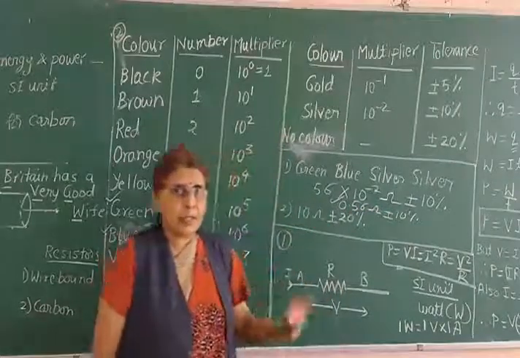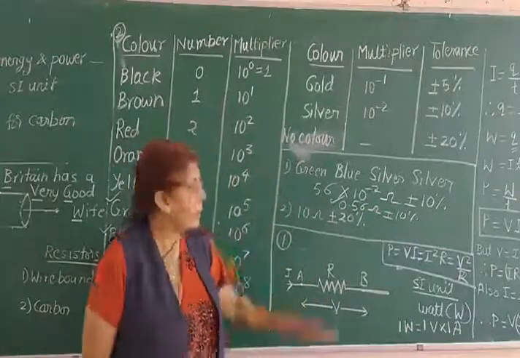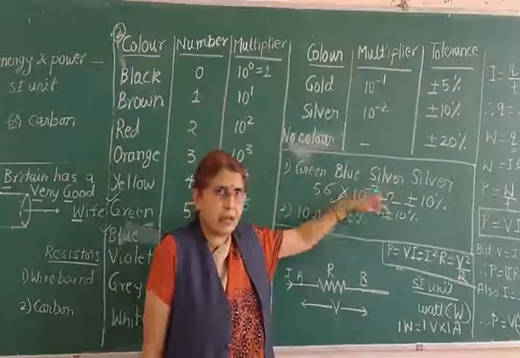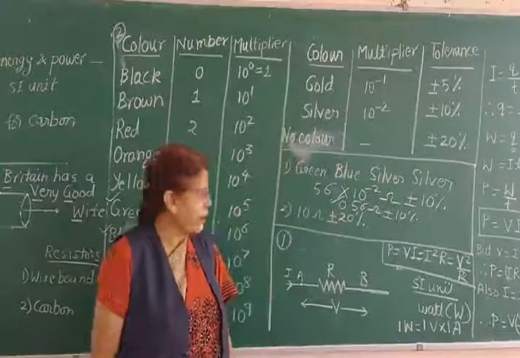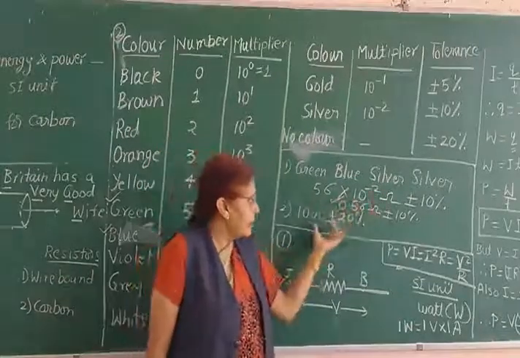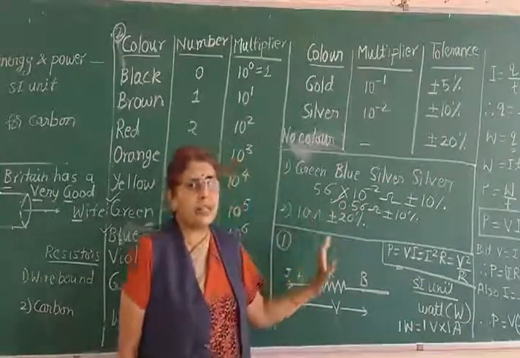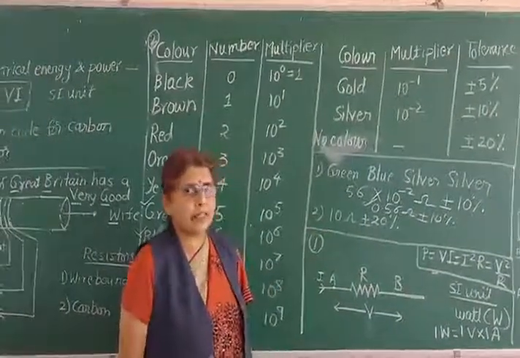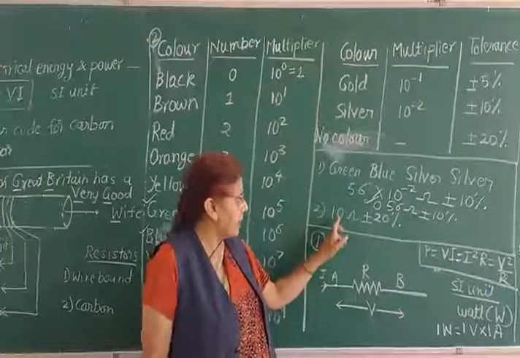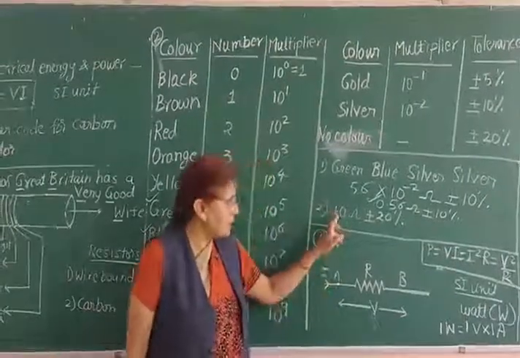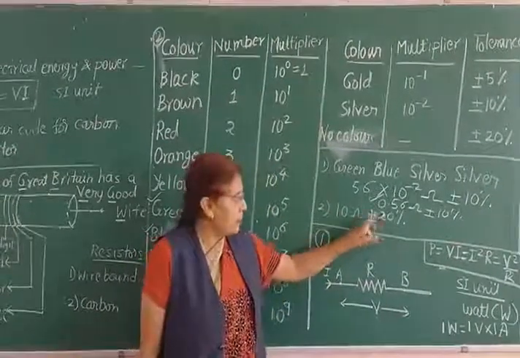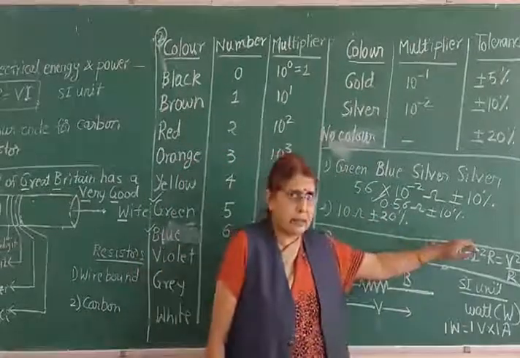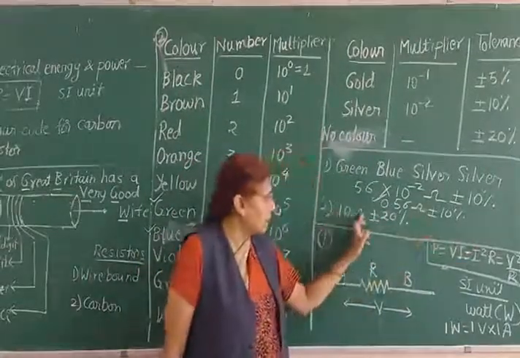Okay. Now the reverse question is also possible. Here the color sequence was given and you found out the resistance. Now let us do it in the reverse way. What is given? The value of resistance is given and you have to find out the color sequence, means you have to find out the colored rings for them. Let us take a very typical example. The resistance given is 10 ohm plus or minus 20%. Means I should find those colors, 4 colors, so that I should get back this value.